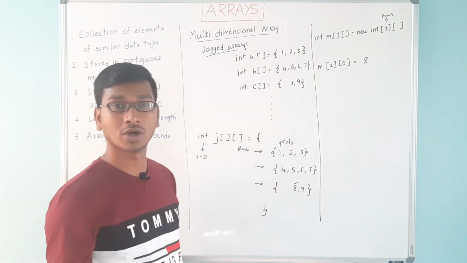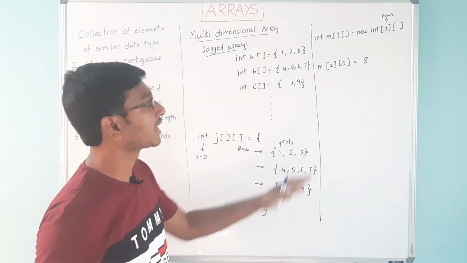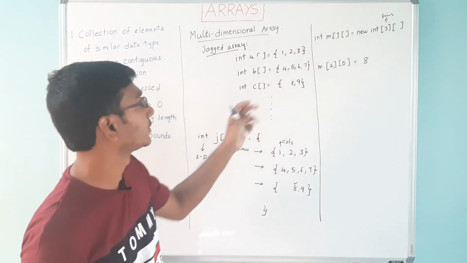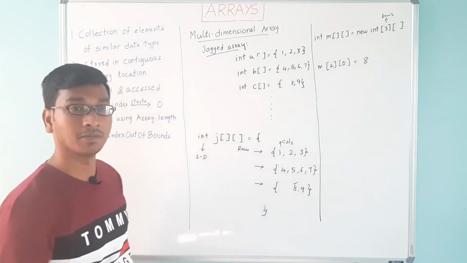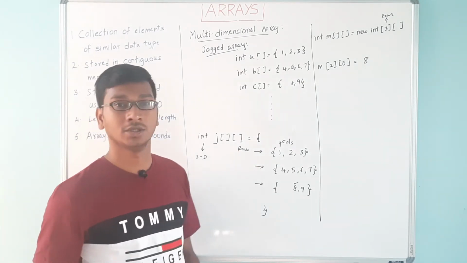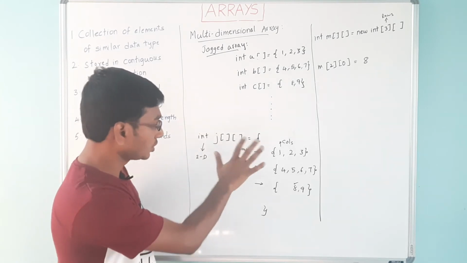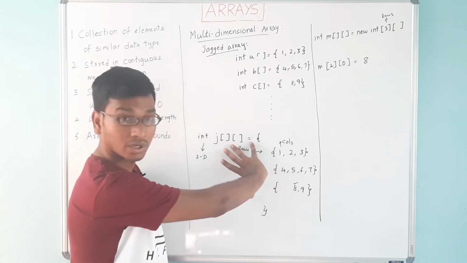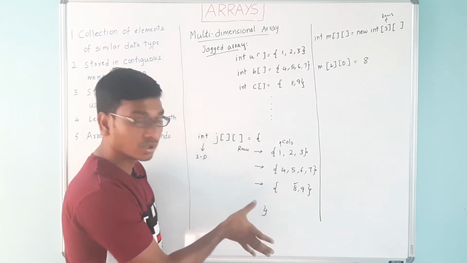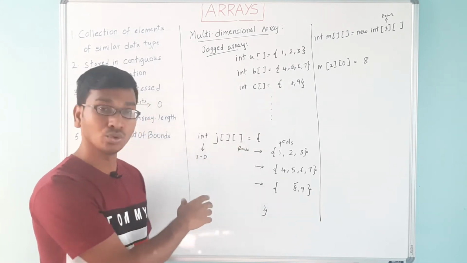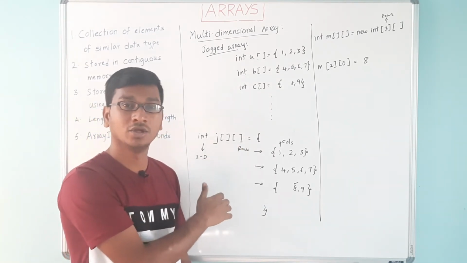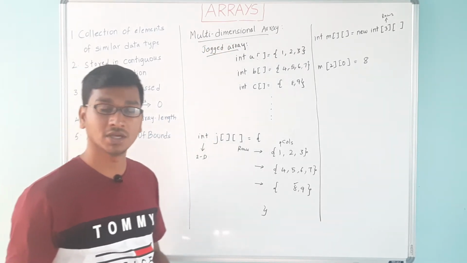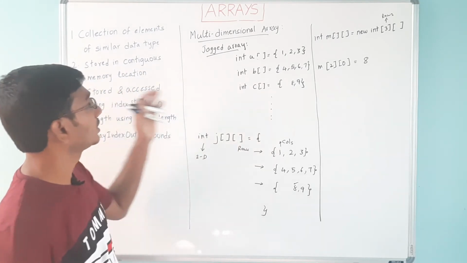So the only difference between the normal two-dimensional array and the jagged array is that it has a different number of rows and columns for the array objects. Everything else remains the same. So this is all about the multi-dimensional array. This we call a two-dimensional array, and if we have many two-dimensional arrays, we can have them in another array called a three-dimensional array. So like this we can have an n-dimensional array. That's why we call it a multi-dimensional array. So this is all about the arrays.